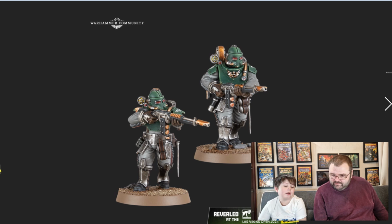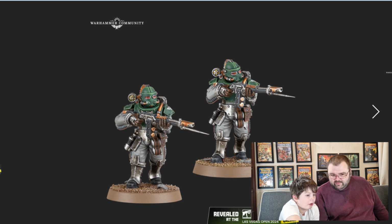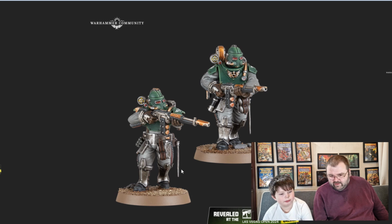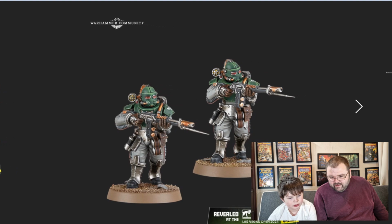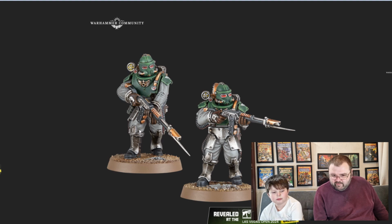These guys look like World War I soldiers. You think? Yeah, well, because they've got bayonets on that one. Go back. He's got a bayonet to be fitted on, and that's his bayonet basically. Yeah, maybe. I think they're quite cool, these guys. I think they're all right. I'm not sure I'll go for them myself, but